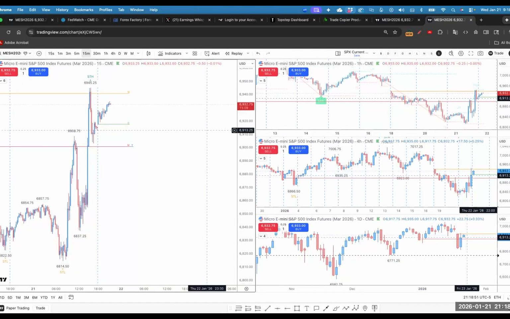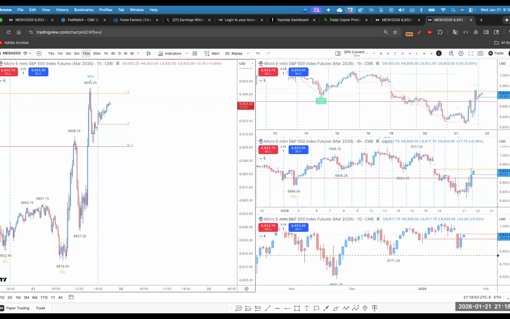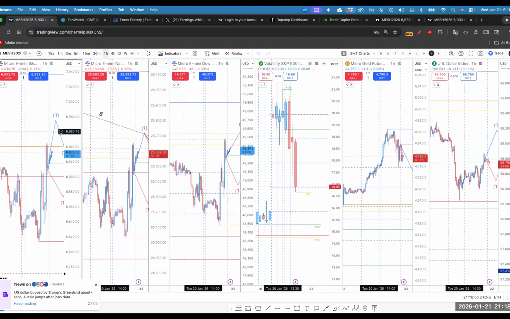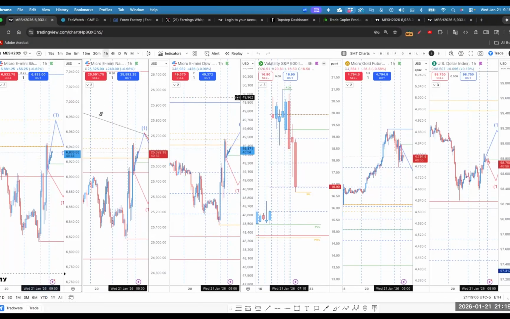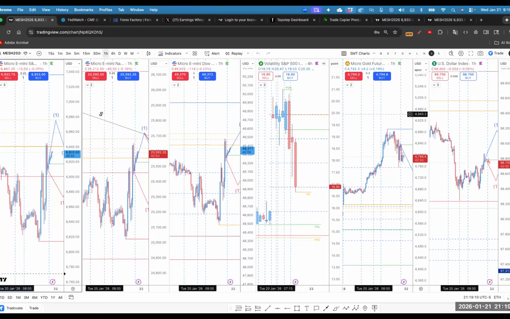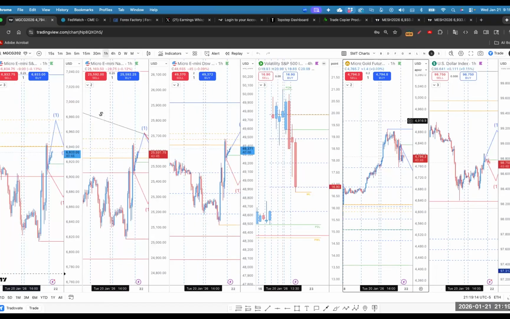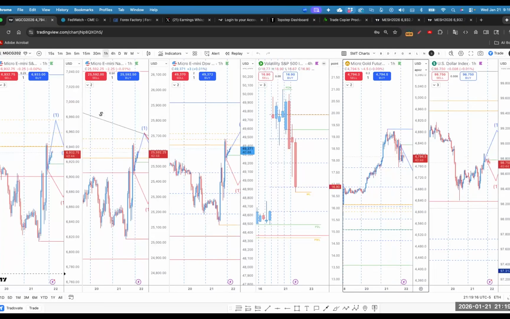So what I always trade is one of these three. I'm trading S&P micro or mini, NASDAQ micro or mini, or Dow Jones micro or mini. And then gold has its own as well. Gold differs